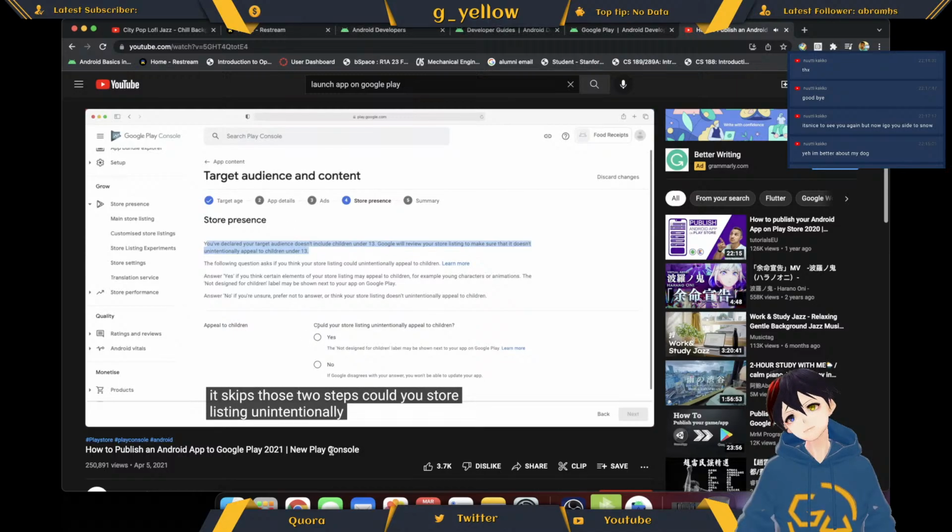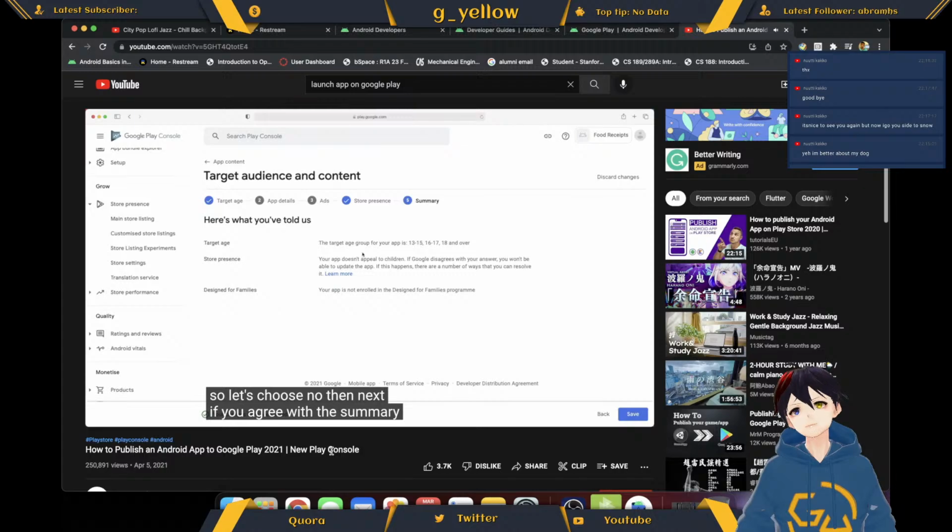Could your store listing unintentionally appeal to children? By store listing, they mean your app page on the Play Store. Even though we haven't created our store listing yet, I am sure it will not appeal to children. So let's choose No, then Next. If you agree with the summary, click Save and go back to app